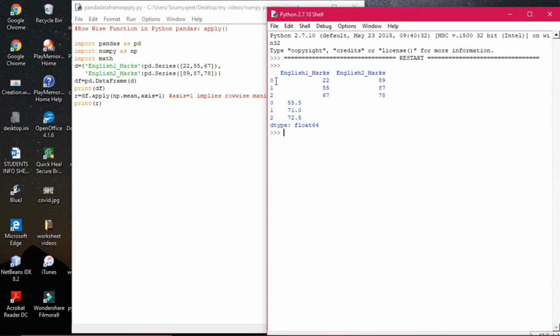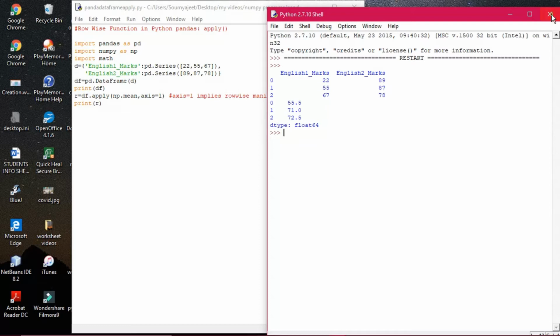So how many rows? 0, 1, 2. There are 3 rows. So 22 plus 89, whatever be the result, has been divided by 2, which yields 55.5. If you just add it mentally, 22 plus 89 is 111, and 111 by 2 is 55.5. So this program shows you the row wise output, and in all other three cases the same thing has happened.